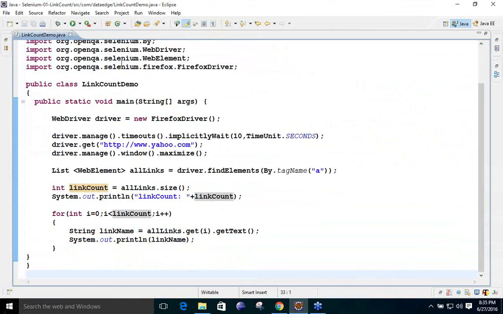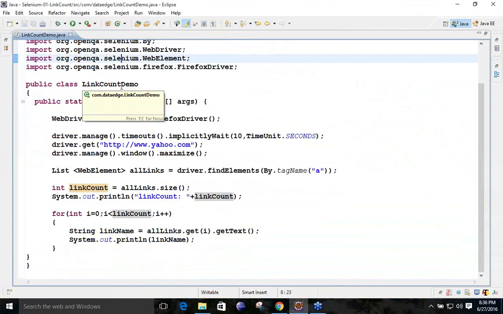You can see here we have created one simple class that is known as LinkCountDemo. You can give whatever name is suitable for you. I have also not added any test over here; we are simply taking the help of the main method. You can do it with a test also. Simply remove this main method name, give any method name, write @Test over here and perform the same